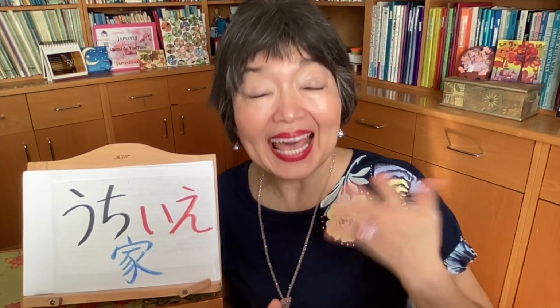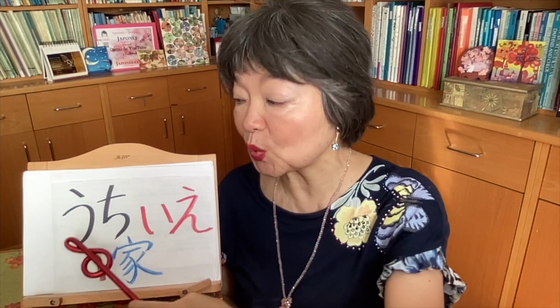Now, quiz time with 5 questions, 5 translations into Japanese. In this quiz, if you use うち all the time, it will also be okay. But as this is a quiz, I want you to distinguish うち or ie, because my sentences are going to be very clear, so I don't think you are going to have a lot of doubts. So please use うち or ie, not うち all the time. Okay? 1番目